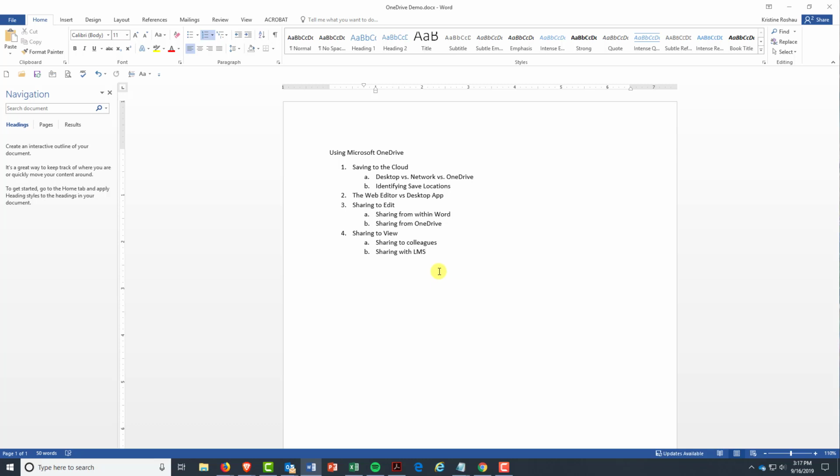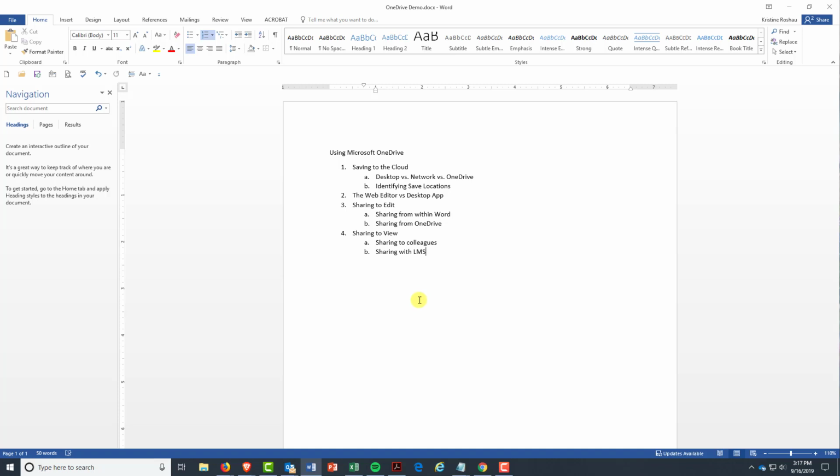So if you're really used to using shortcuts and hotkeys, or just some of the more intense formatting options within the desktop version, you may prefer to edit there, or maybe you just like this interface. That's totally fine. The web version is going to be a more simplified version of these things, and you may find that some special formatting doesn't always look the same when you're at least in the editing view of